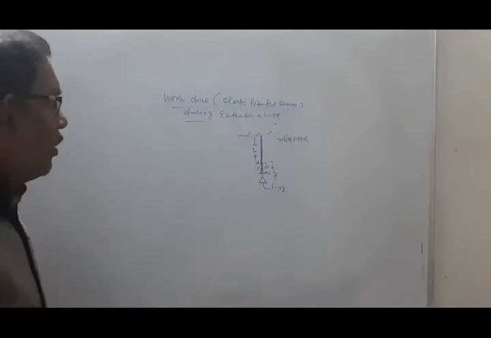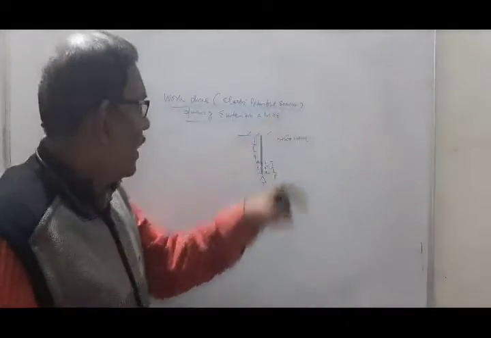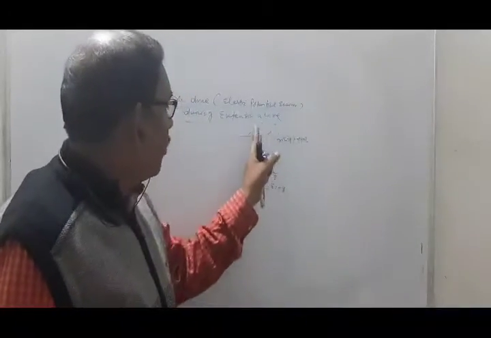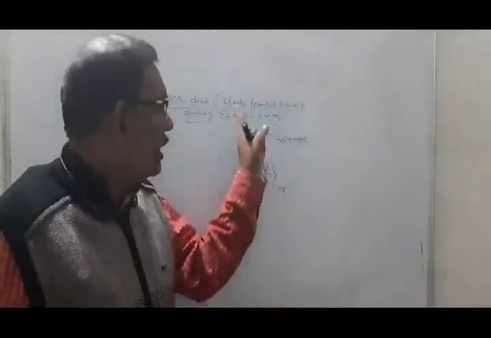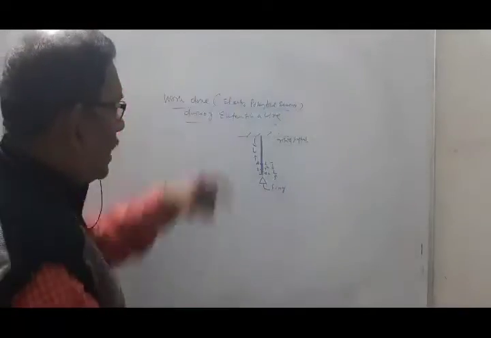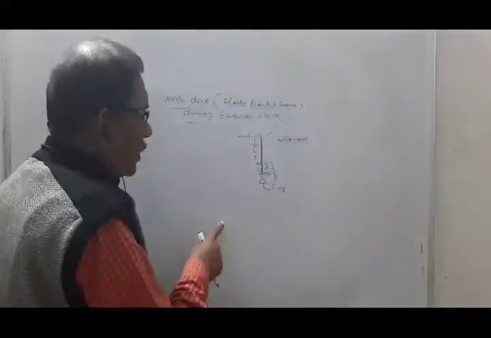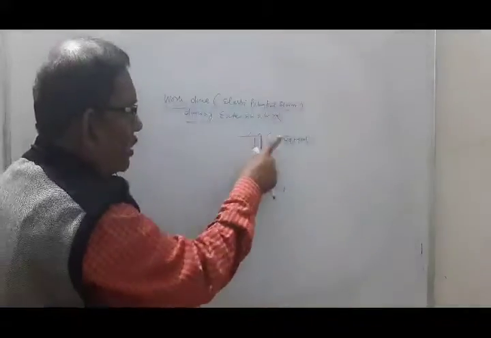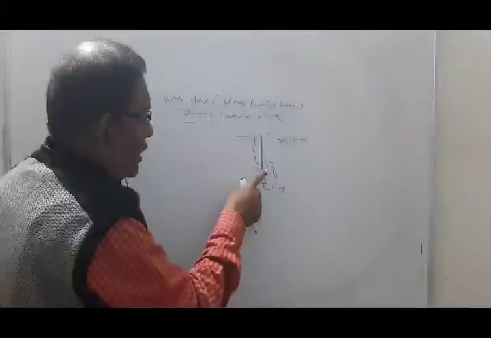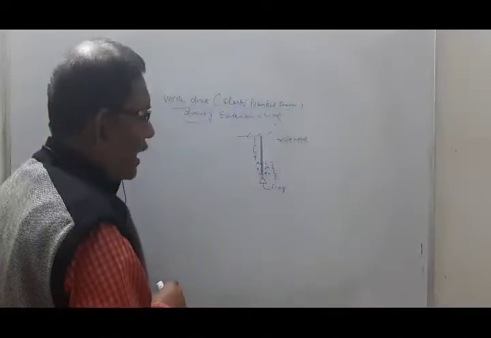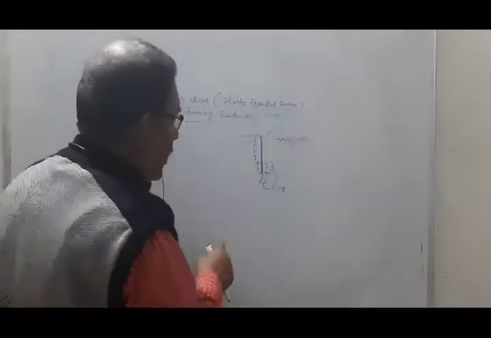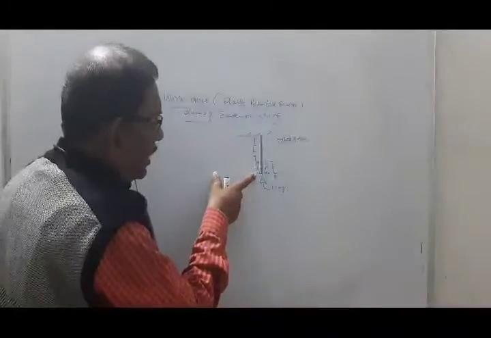Okay. Now the work done due to the extension of a wire, or the energy stored in a wire due to the extension, is called elastic potential energy. Let us discuss this. Consider a wire of length L, shown in the figure, suspended from a rigid support. The initial extension of the wire is X. At that moment, the restraining force is F. Now the additional extension from B to C is dx.